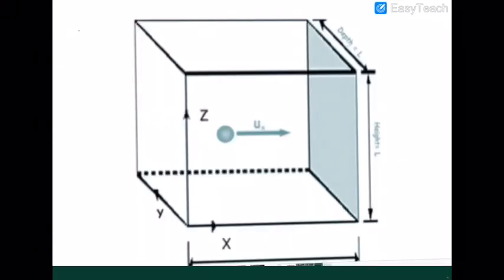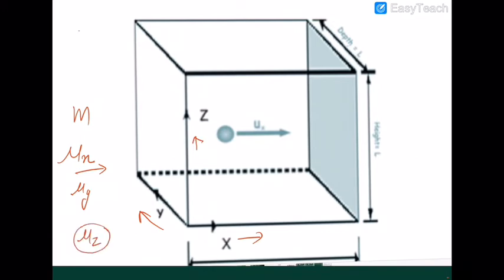Now after that we will do the derivation of the kinetic theory of gases. Now in this case what will you do? m is the mass of the particle, mu x will be the speed along the x-axis, mu y will be the speed along the y-axis, and along the z-axis mu z is the speed. Mu x is the speed of the particle of mass m along the x-axis. L is the length, or you can say the side, of the cubical block.